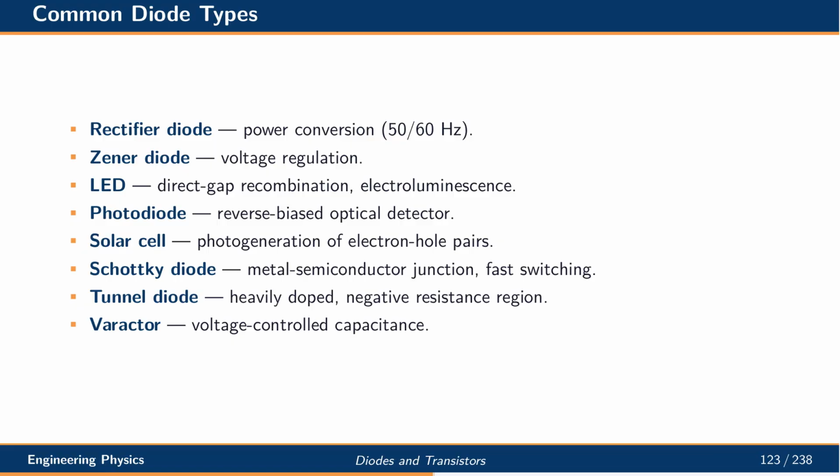There are many specialized diodes. The rectifier diode is used in power conversion. The Zener diode regulates voltage. The light-emitting diode produces light through electroluminescence. The photodiode detects light when reverse biased. The solar cell harvests photogenerated carriers. The Schottky diode uses a metal-semiconductor junction for fast switching. The tunnel diode shows a negative resistance region, and the varactor provides voltage